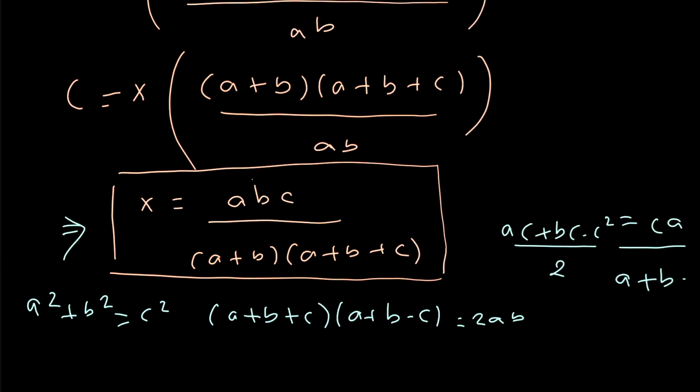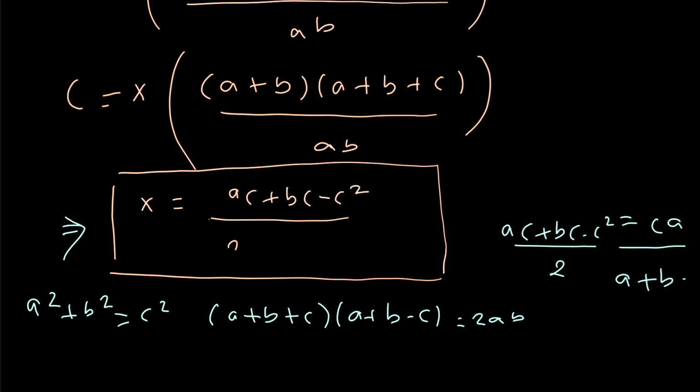So carefully look over here, we have x equals abc divided by a plus b plus c multiplied by 1 upon a plus b. So I can replace this thing with the new value that we have got, and that is equal to ac plus bc minus c square upon 2 multiplied with a plus b as it is, and we can just open the bracket and we will get it as 2a plus 2b. So here we have got again the value of x in terms of a, b and c.